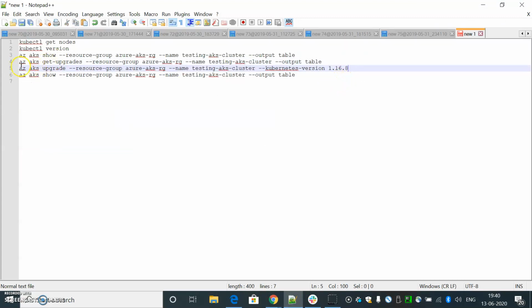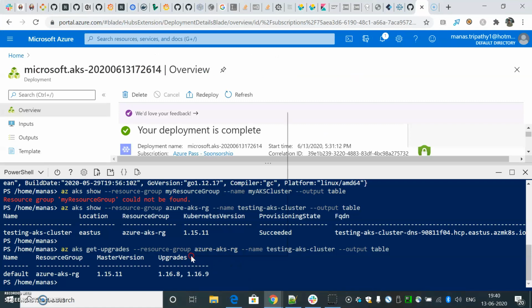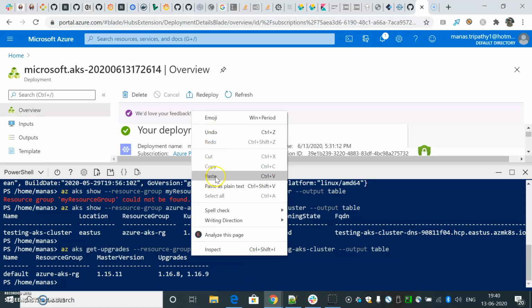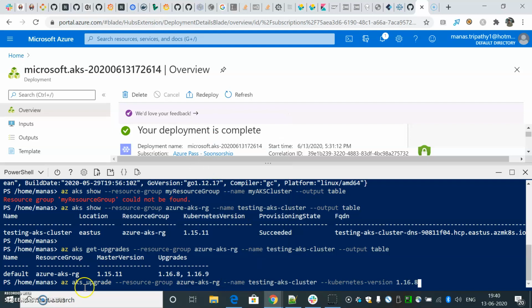I'll run this az aks upgrade command and give my resource group name and the name of my cluster. Copy and paste it here. az aks upgrade, resource group name, name of my cluster, then the Kubernetes version that I want to upgrade to. The version details I'll give here and press enter.